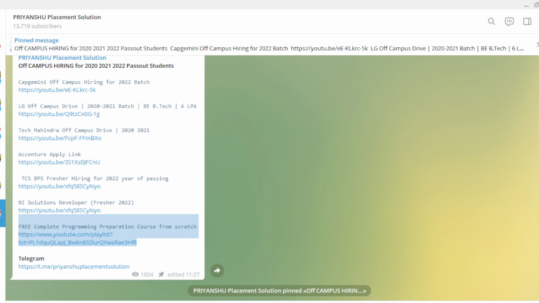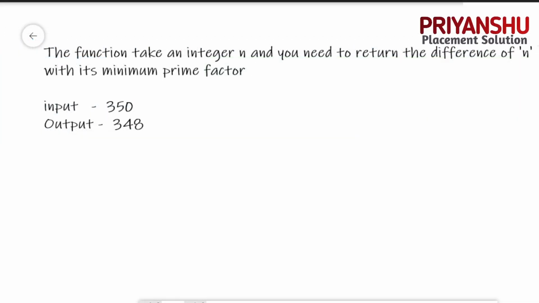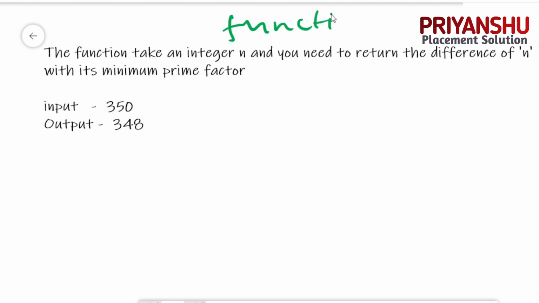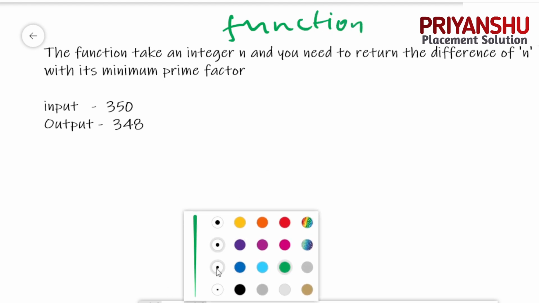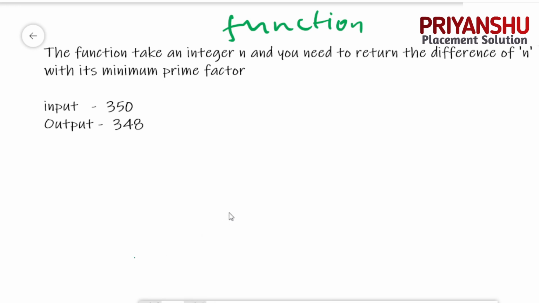Okay guys, so let's continue. So this one is the question, guys. The question is easy. The question is basically function based. The function will be given and you need to write only your logic or code. No need to write the whole code, no need to take input and all, just write the direct logic. Clear? So let's see, guys, one by one.